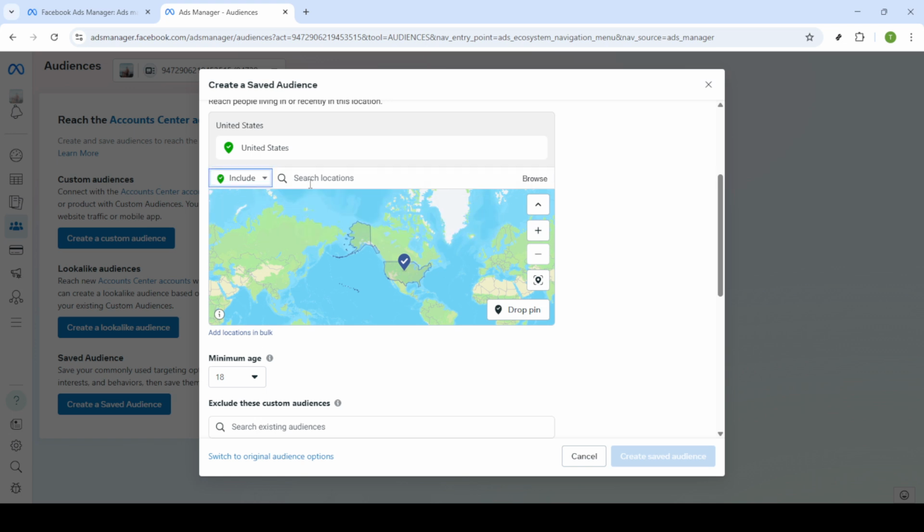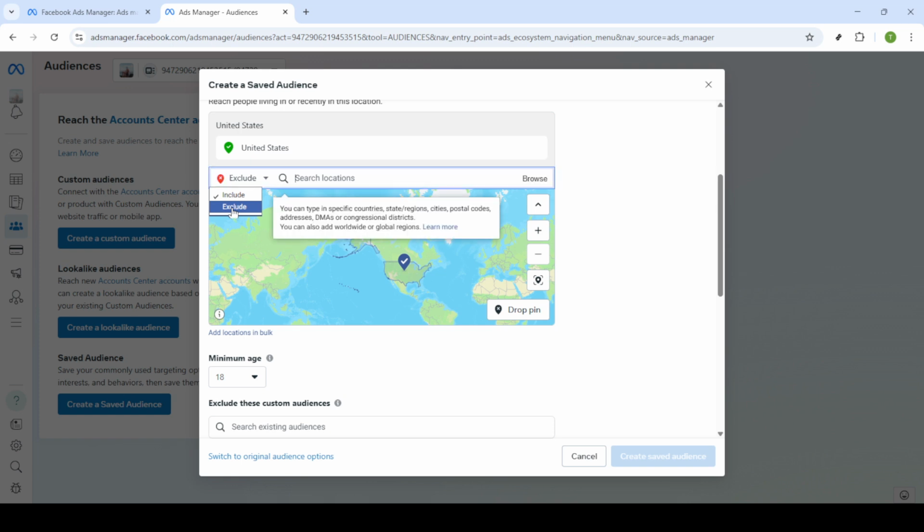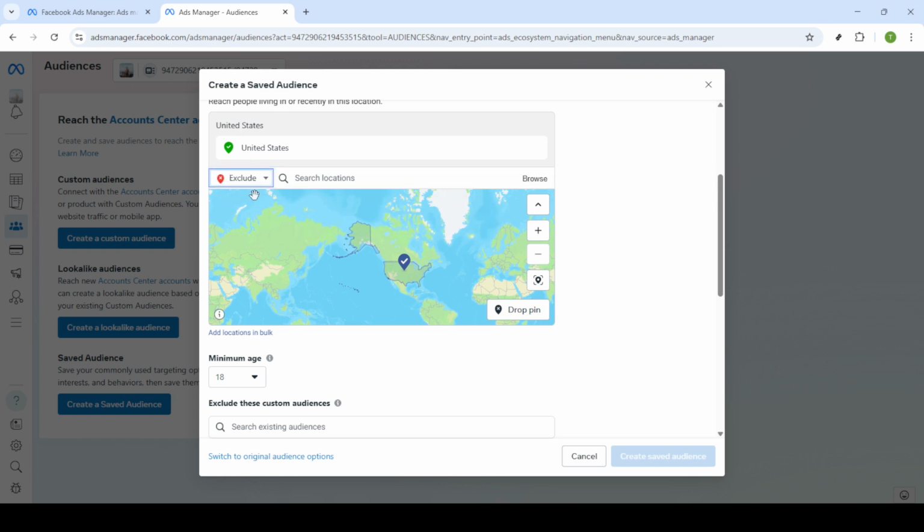After you've carefully set your inclusion or exclusion criteria, the final step is straightforward. Click on Create Saved Audience. By doing this, you've effectively remedied any issues caused by the feature removal and established a clearer, more efficient targeting system. With these steps, you should now have a comprehensive understanding of how to handle changes in Facebook ads location